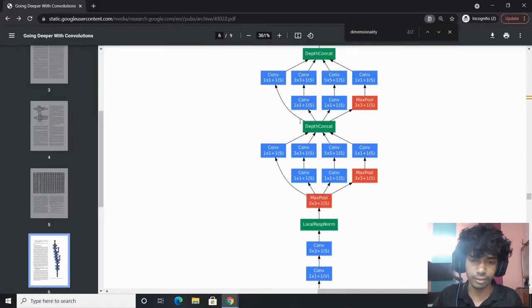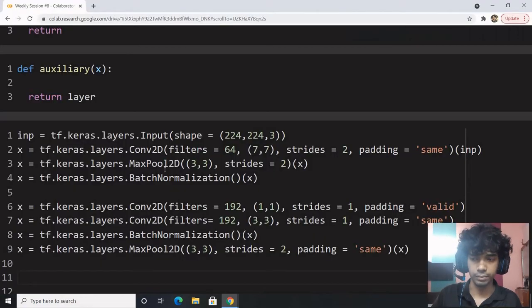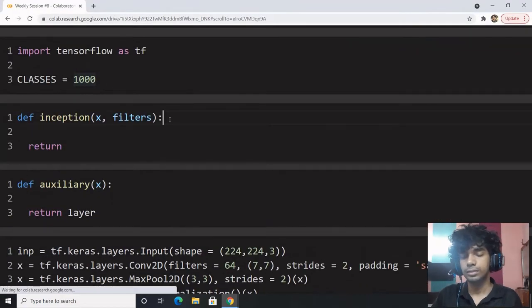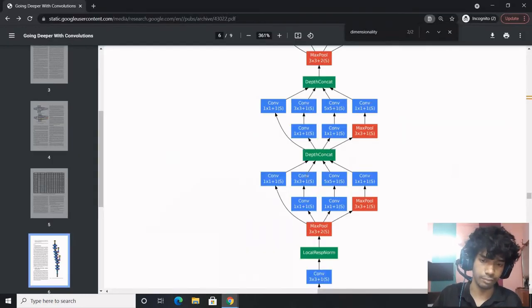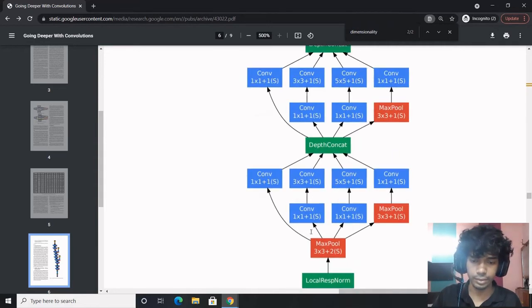Now we have the repetitive part. So let us implement the repetitive part, which is the inception module. We have the input layer X, and the number of filters for the convolution happening. The input comes in. This is my path 1, path 2, path 3, path 4.